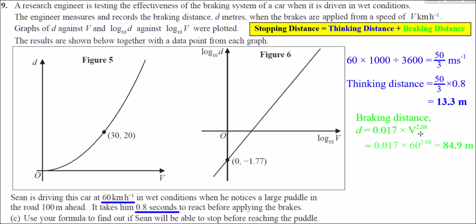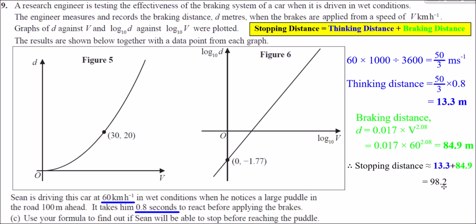Now v is in kilometers per hour, that's what the model actually says, so we keep v as 60, and the power here was the value of n we found in part B. Plugging in those values, we get the braking distance was 84.9 meters. That gives a total stopping distance of 13.3 plus 84.9,